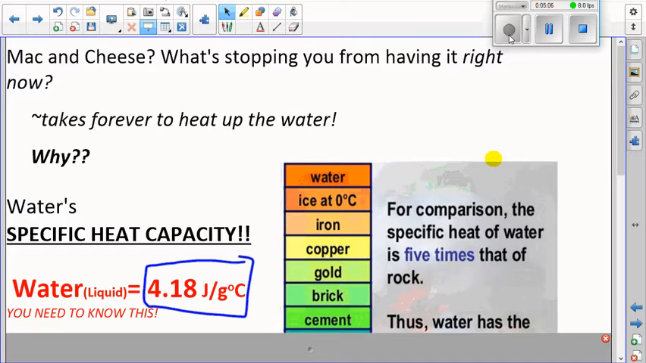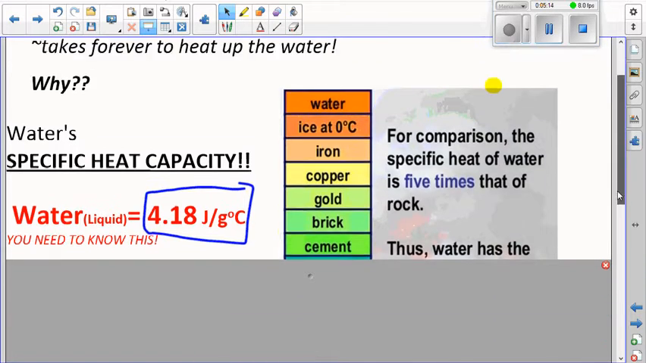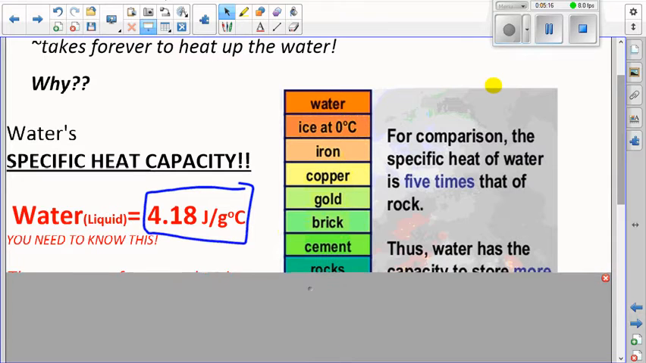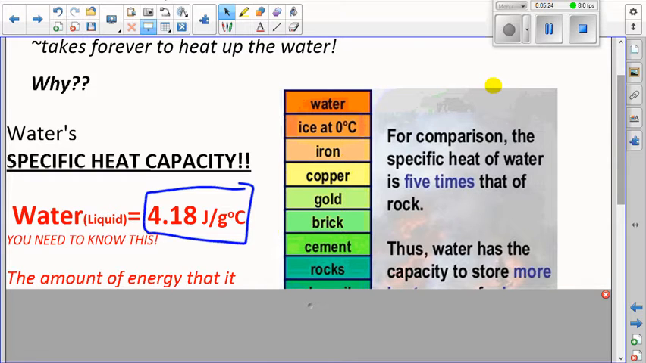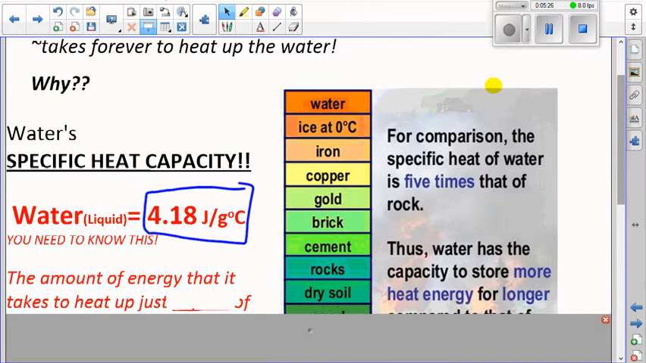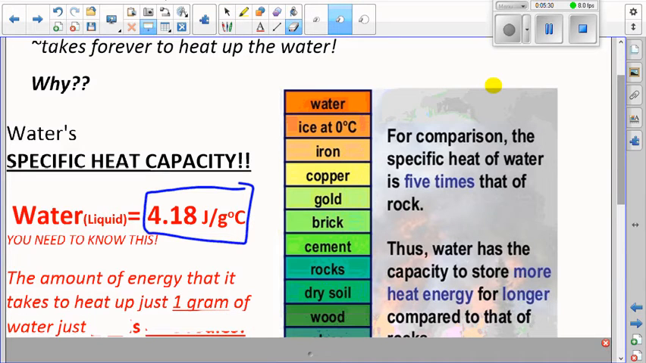Okay? Burn that into your brain. You'll need to use this. I will put it on your first worksheet when you're practicing, but you will need to have this burned upstairs eventually. You don't have to write this out, but here's a sentence form of what 4.18 means for water. The amount of energy that it takes to heat up just 1 gram of water just 1 degree Celsius is